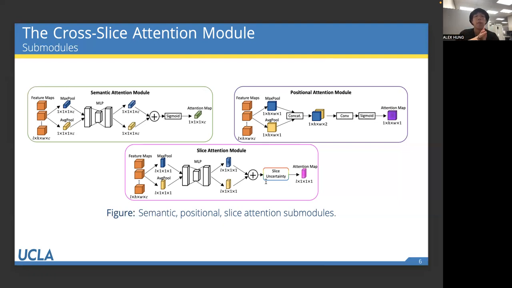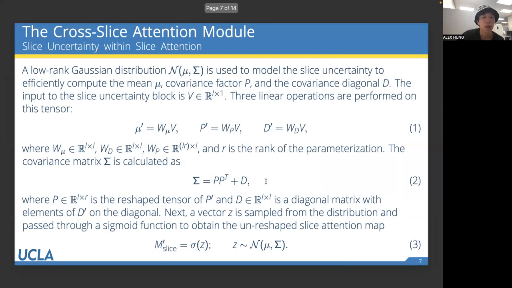Like I said, the in-plane resolutions are pretty good, but the information between slices is pretty bad. So we're trying to incorporate that in the model because there's supposed to be more uncertainty between slices. So we're trying to model that with a low rank Gaussian distribution. It's just defined like that. You can find more details about that in the paper, but the motivation is just trying